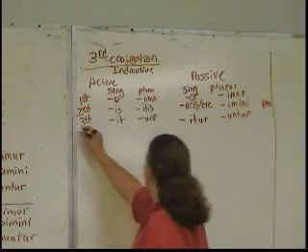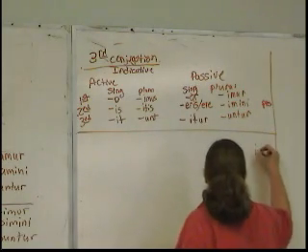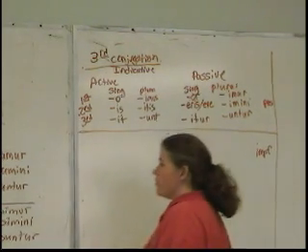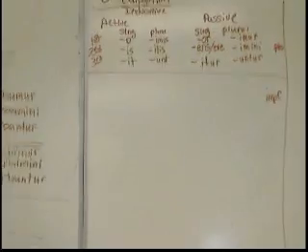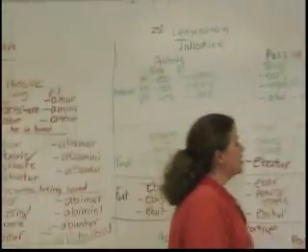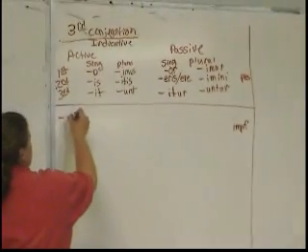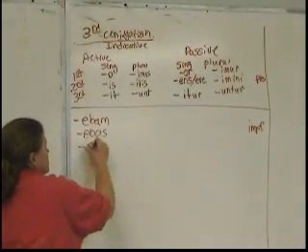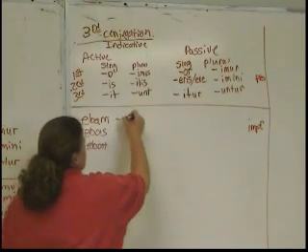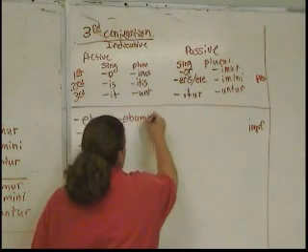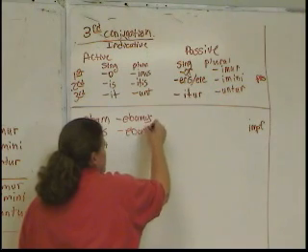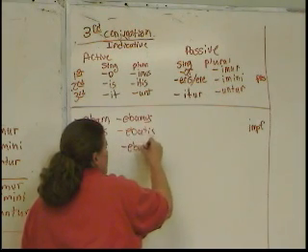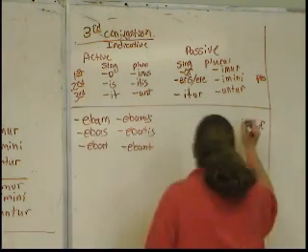Okay, now let's do imperfect. The nice thing about imperfect is that it doesn't matter what conjugation you're in, it has a vowel. Imperfect always has a vowel. So this will be ebam, ebas, ebat, ebamus, ebatus, and ebant. And then in the passive,